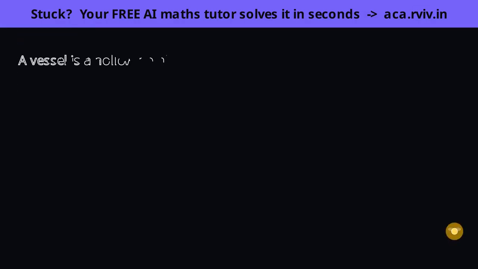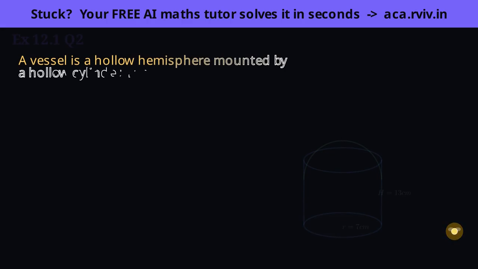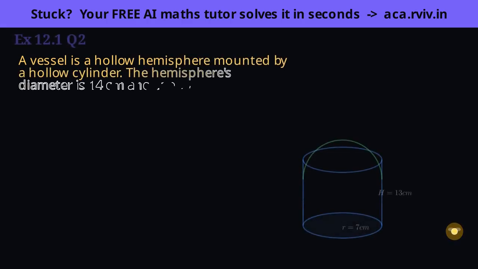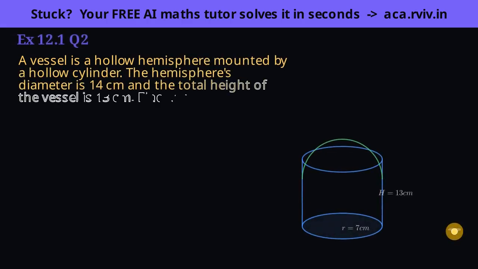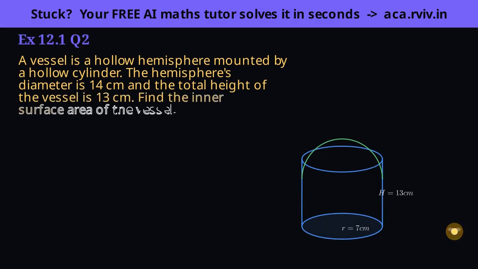It's a test tube shape, a tube with a rounded bottom. Because it's hollow, the surface we want is the inside skin, the wall plus the ball. Read the word hollow carefully. It tells us we want the inner surface, the skin a liquid inside would actually touch. Picture running your finger down the inside, the straight cylindrical wall, then the curved hemispherical ball at the bottom.